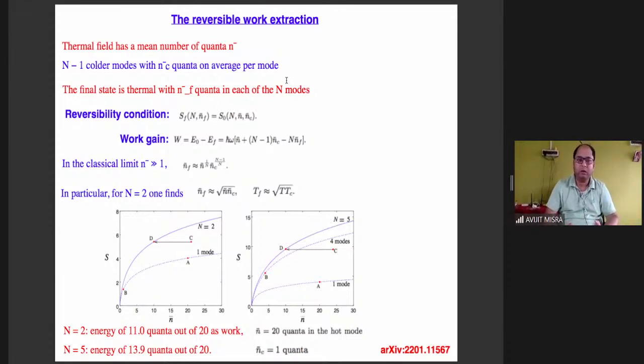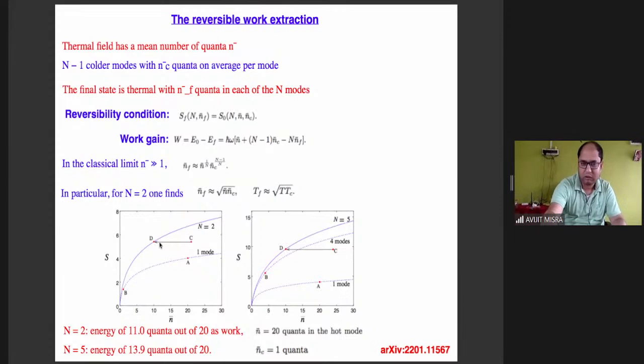So I'll preserve the entropy, so that if I equate the initial entropy and final entropy, then I can extract work by reducing the energy. So pictorially, suppose I have a cold mode with mean photon number nC, which is taken as 1, and I have a hot mode with mean photon number 20, and these two modes combine to represent the point C. So if I don't change its entropy, but if I can reduce its energy, then I can extract